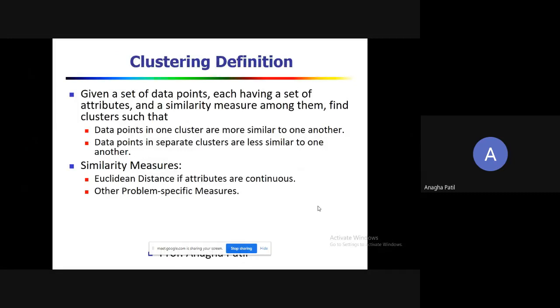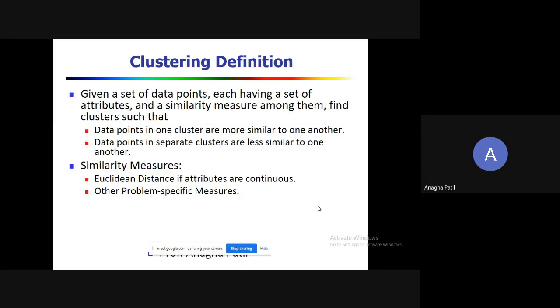The next important task in data mining is clustering. So provided a set of data points, each will have their own set of attributes, and we are going to use certain similarity measures so that we can find out the similarity among them.